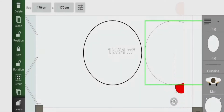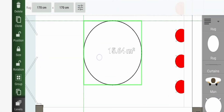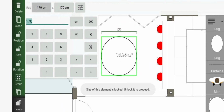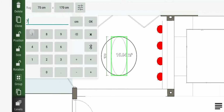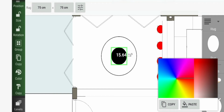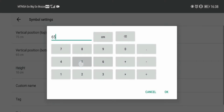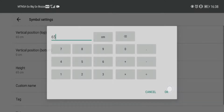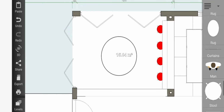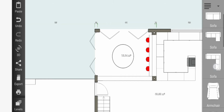Clone it again so that we can make a leg for it. Center it towards the middle. Unlock the size, change the size to 75 by 75, make the color black, and then just change the height to 65 vertical position, check in 3D. That's our table. Then now you can just scroll and look for the chairs, go to living,